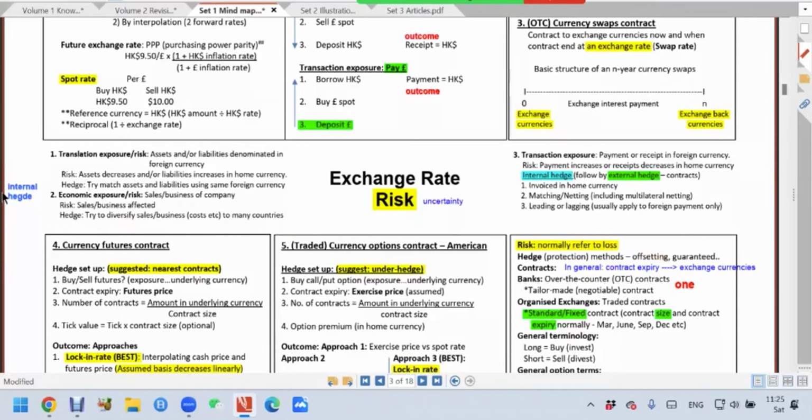So again, this one is a company decision, internal methods. Matching, internal methods. Second, exposure affects the whole company. What is the difference between the first one and the second one? The first one is your account figure affected only, book value affected only. So for the first one, if you don't want to hedge, it is okay, because this is only the bookkeeping value.